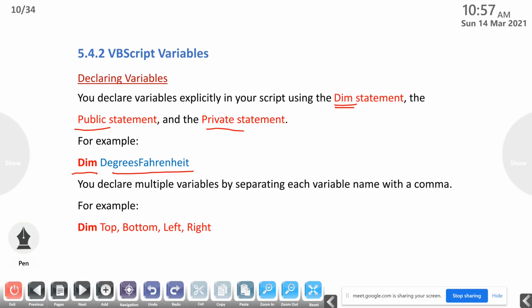Then you can declare multiple variables by separating each variable name with a comma. Here the keyword Dim, and these are the different variables: top, bottom, left and right. If you are using more variables for declaration, we can use one Dim statement and separate the variables by using commas.